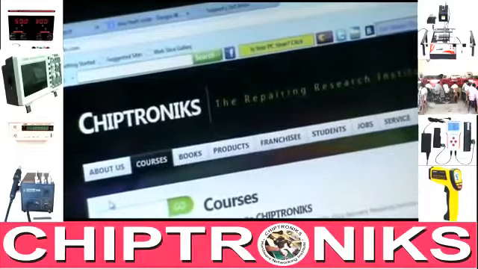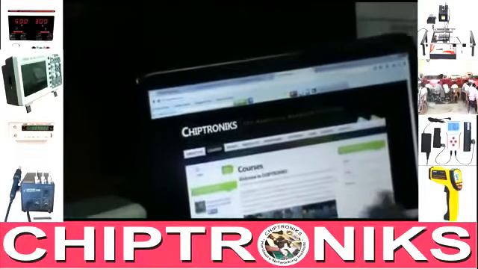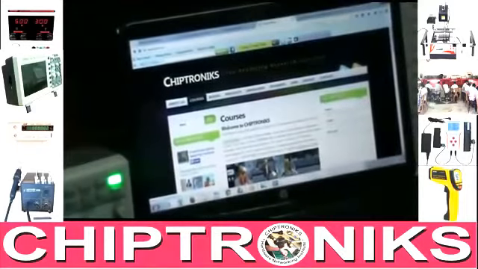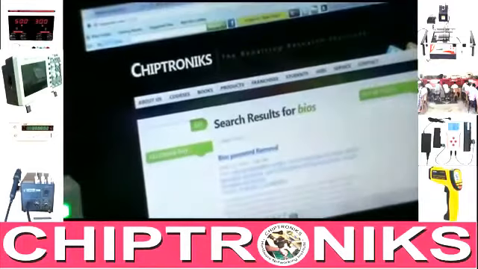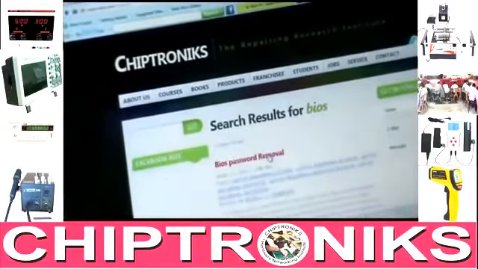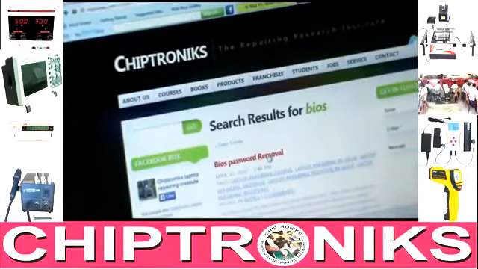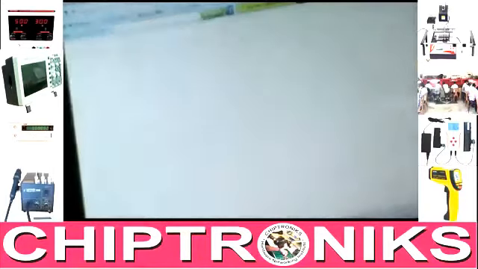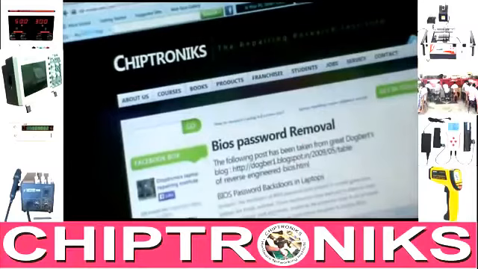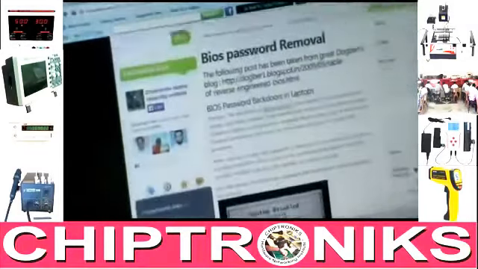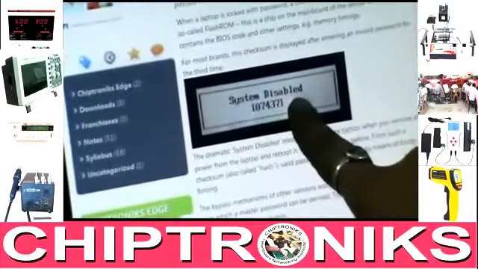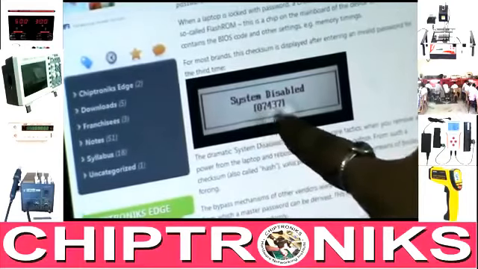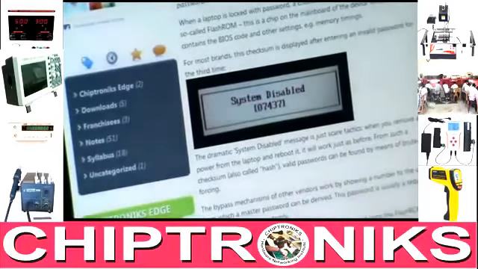Here I will show you. This is the Chipronic website. Here you can search BIOS password removal toolkits also. Here you see this type of hash control codes, system disabled, and this is your hash code. Now with the help of this hash code,